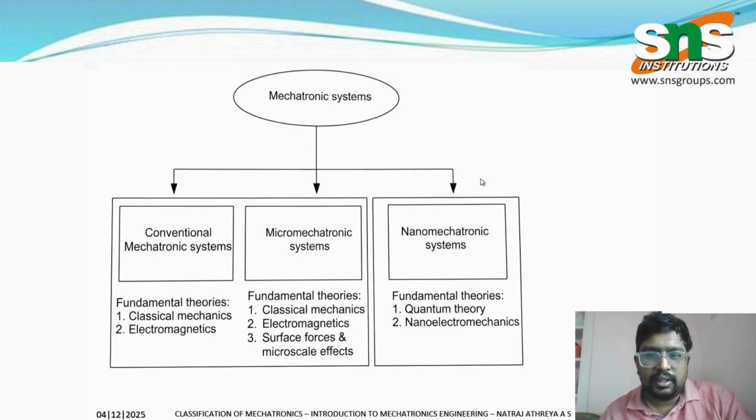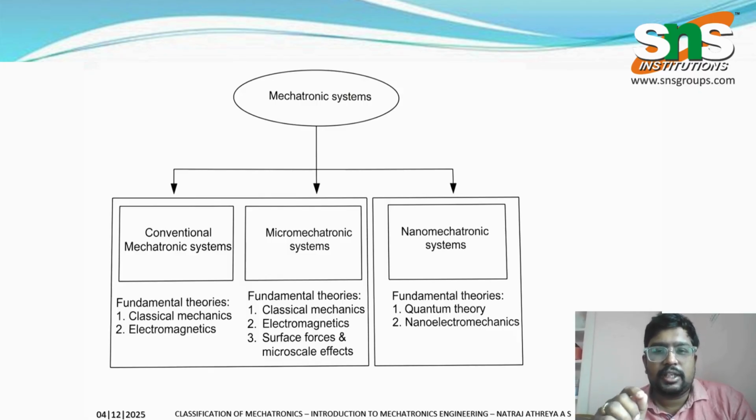This part to the right, we'll call quantum mechatronic systems or nanomechatronic systems. We'll discuss why. Initially we have conventional mechatronic systems and micromechatronic systems. These two actually work based on classical physics. Micromechatronic systems involve classical physics, and